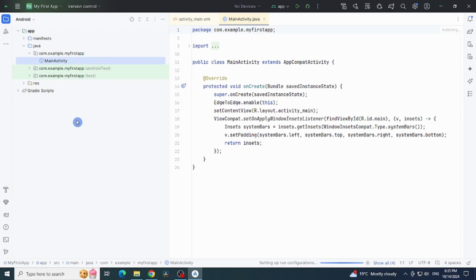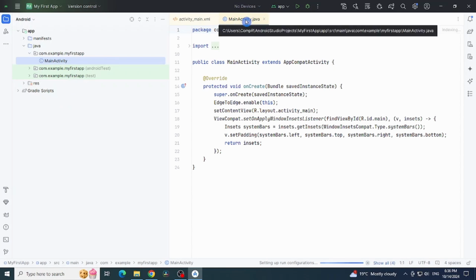So here is the Java file, which is named MainActivity.java. When I double click this one, here it is opened as follows. When we create an Android application with that template that I have shown you when we first create our project, it comes up with a single activity. The name of that activity is MainActivity. So that MainActivity comes up with this MainActivity.java file as well as this